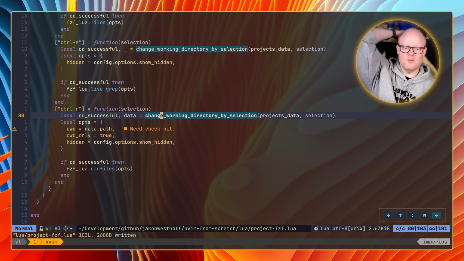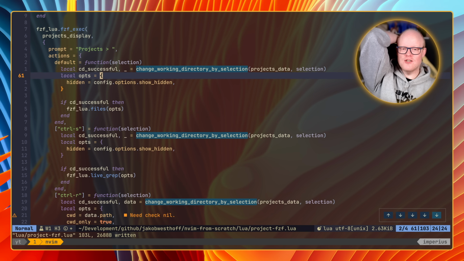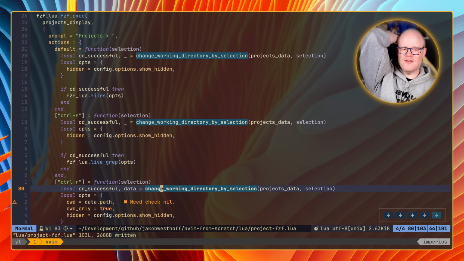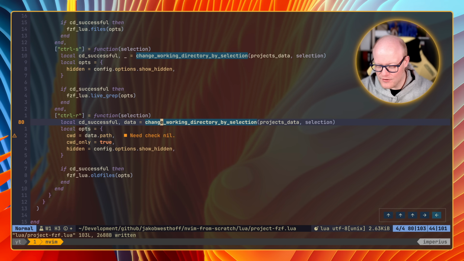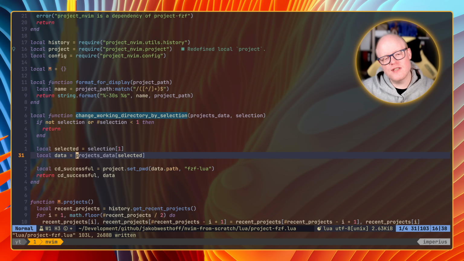It isn't. Why isn't it? Because it thinks data could be nil. Why the heck could data be nil in this situation? I don't even understand why this could actually happen. So because this could be nil, because it might be that it is not there. Yeah, okay, I understand that kind of, but